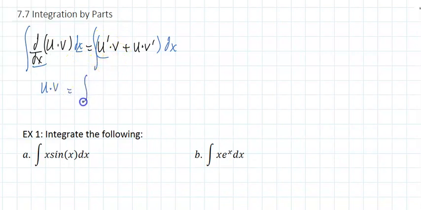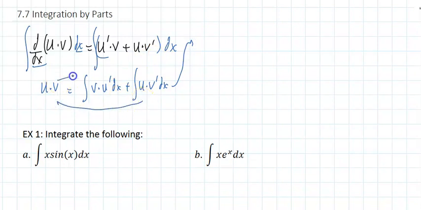And here you would have the integral of v dot, I'm going to rearrange the order, plus the integral of u, and if I move this to the left and this to the right, I'll get the integral of u dot v prime dx equals